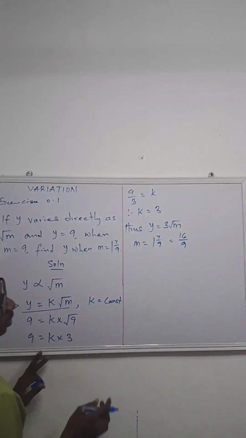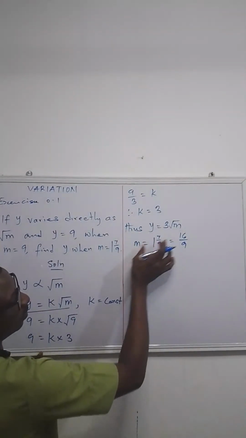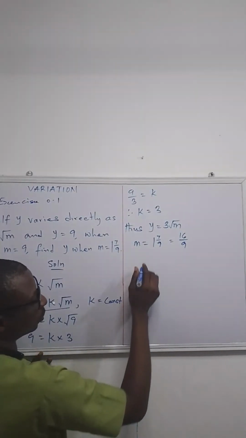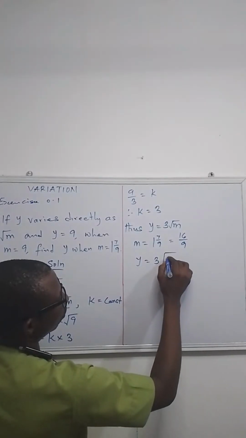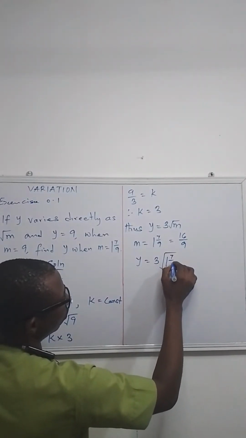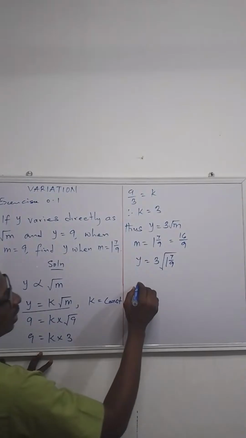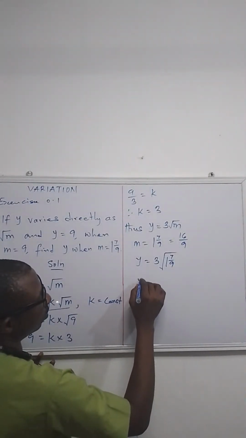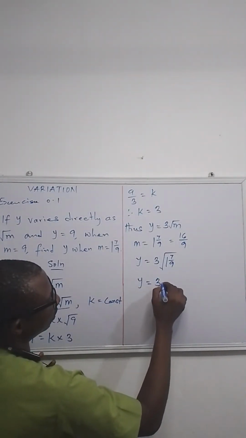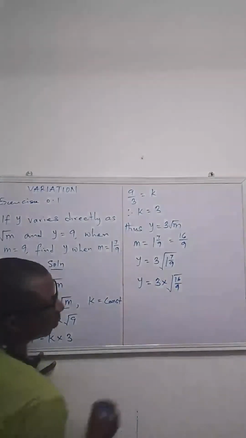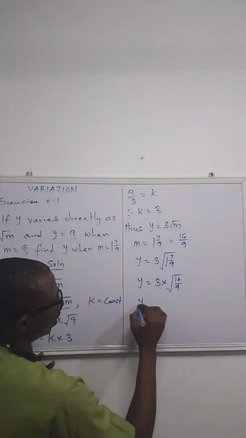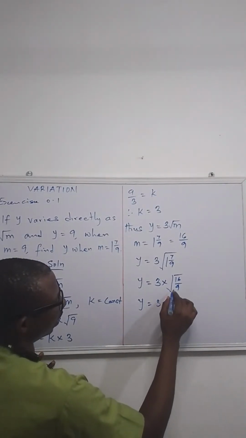Now let's plug the value of m into this equation. So we have y equals 3 square root of 16 over 9. That is y equals 3 times